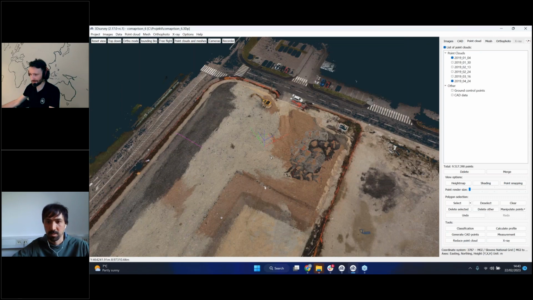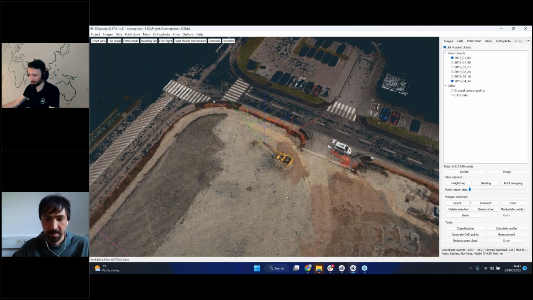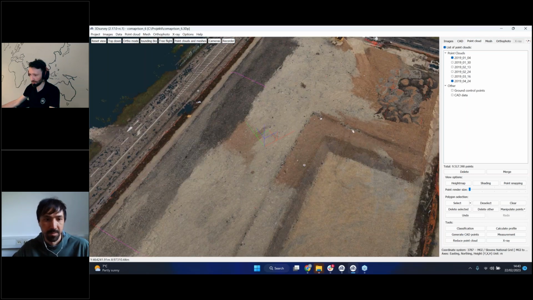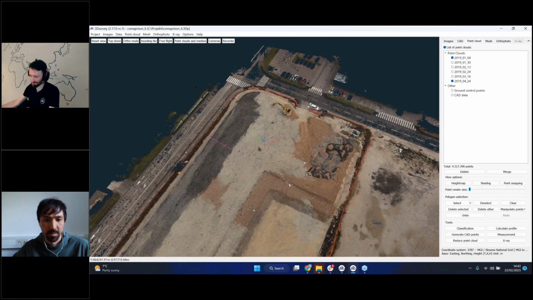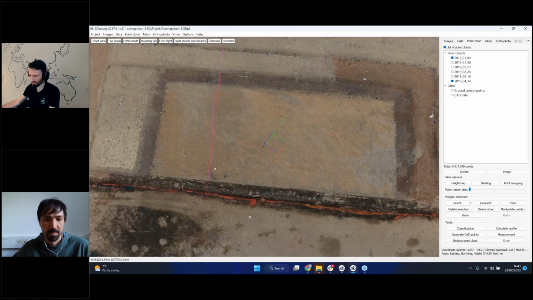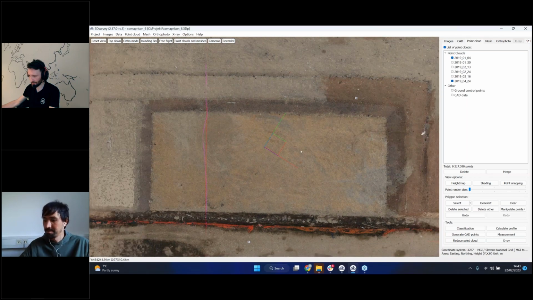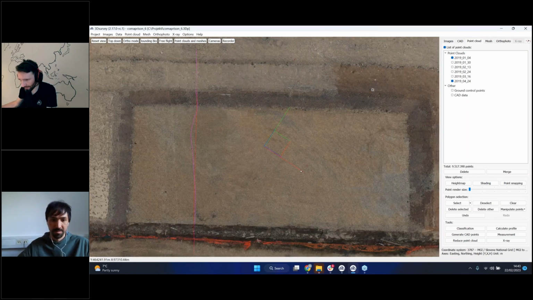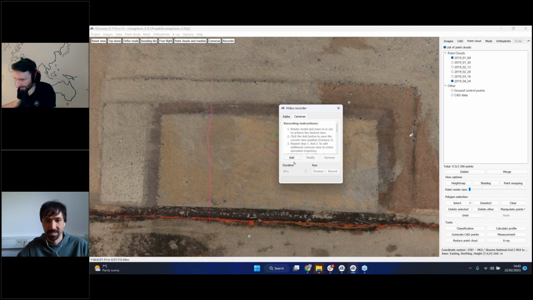Another thing is if you want to have a specific view of your project bookmarked. Let's say this part. If we want to have perfectly the same aerial view of this every time, we can go to recorder and add a camera here